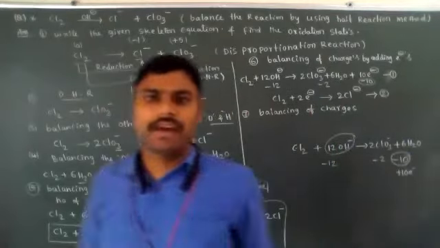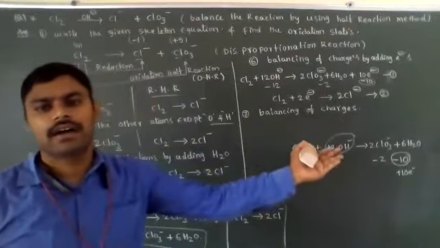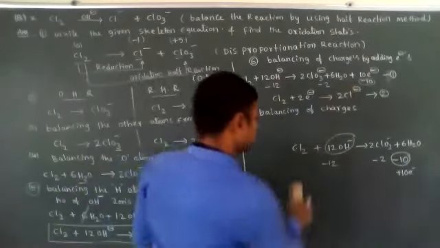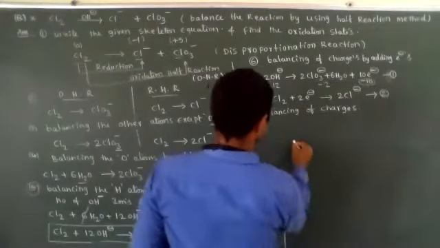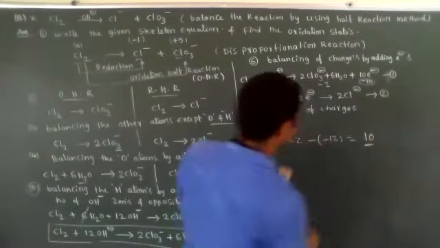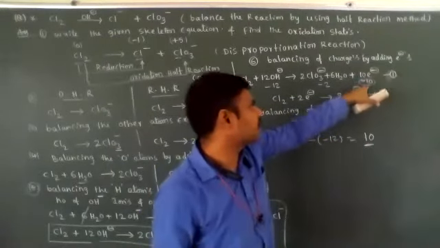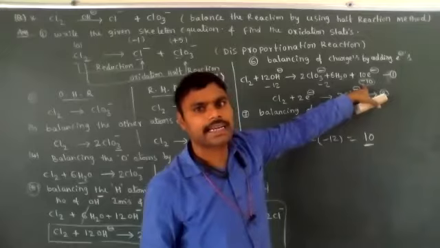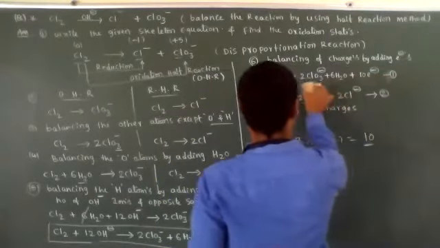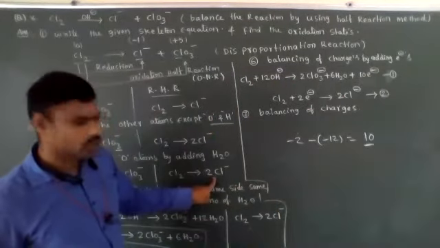So what did I say about addition of electrons? Whichever side has more charge, on that side we have to add the difference. How much difference of electrons is present? That much difference we need to add. See, the difference between minus 2 and minus 12 is 10. That's why this side has 10 units of charge more, and to decrease those 10 units of charge I added 10 electrons. Next. In this equation, Cl2 plus 2 Cl minus.